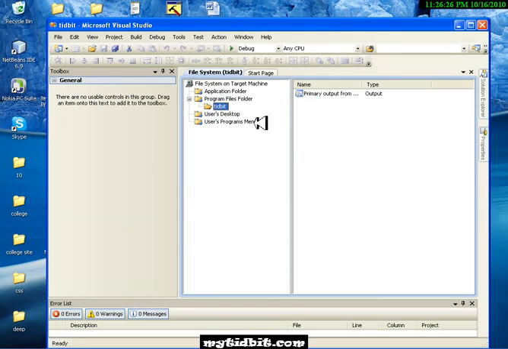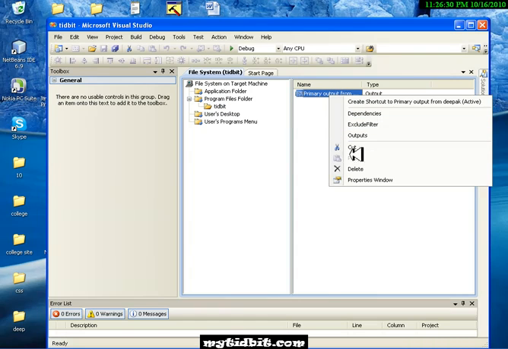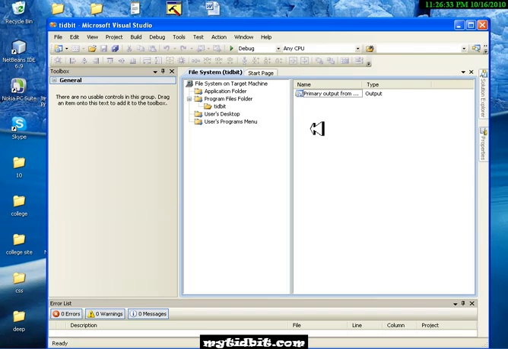I'm just doing tidbit because of my website, and the major primary output form, that's also I'm going to rename it. But okay, I don't think we have to rename that. So that's it, we are almost done with this. So now go for